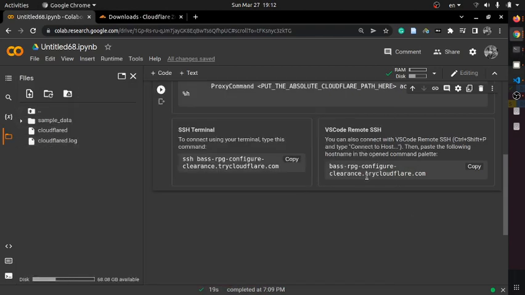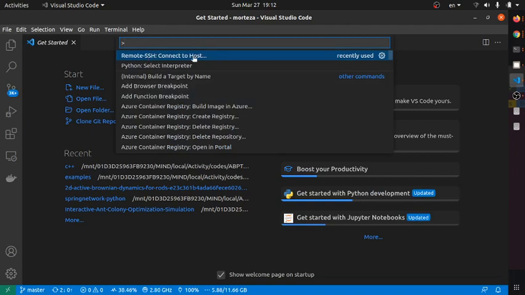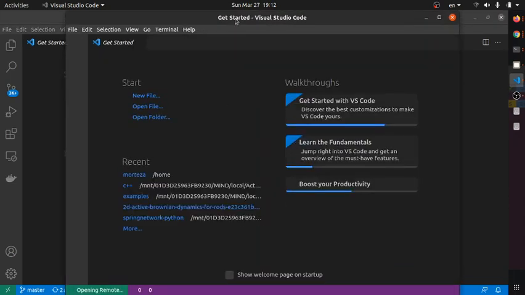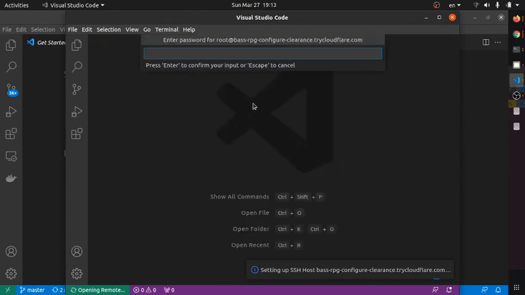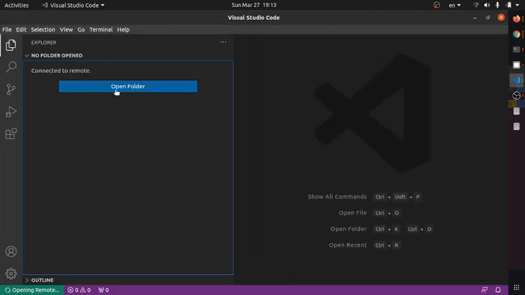We can do it via VSCode. Just copy this and open VS Code, sorry about that, so Control Shift P, remote SSH connect to host, okay, and paste that code. So here enter, and it appears like that. Very good. It just wants us to give it the password. We say 11 again and enter, and now we are connected to